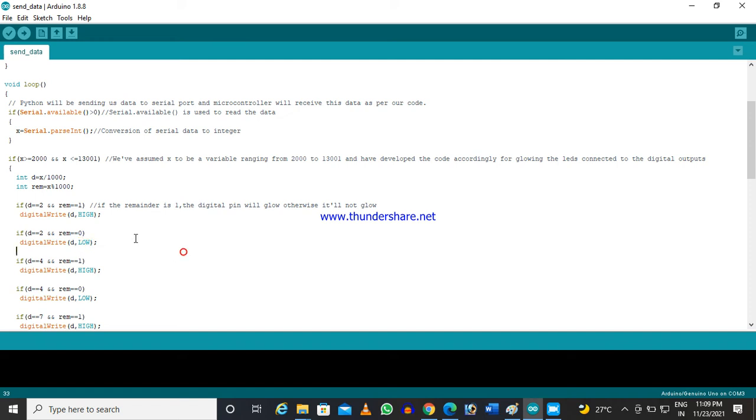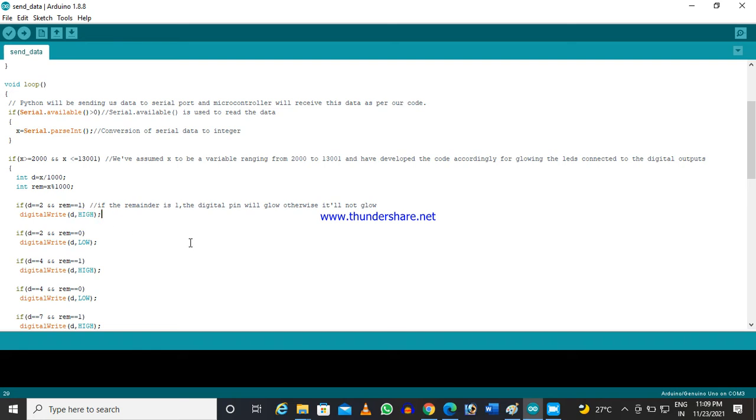Suppose I want to make pin number 2 high, then I have to send 2001. If I send 2001, then my value of D will be 2 and my remainder is 1. Then this condition is satisfied and pin number 2 will be enabled.